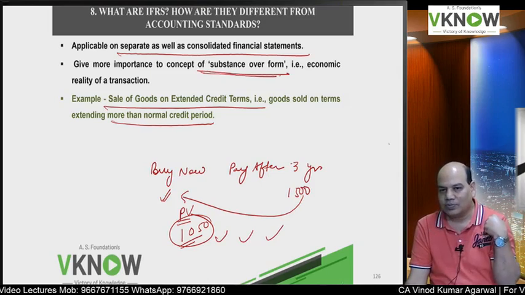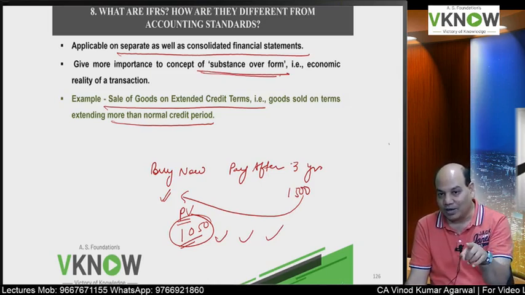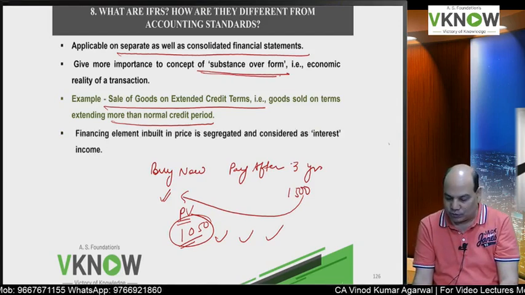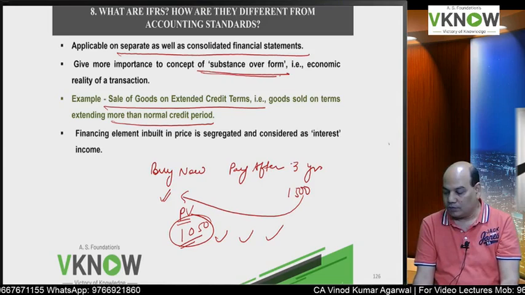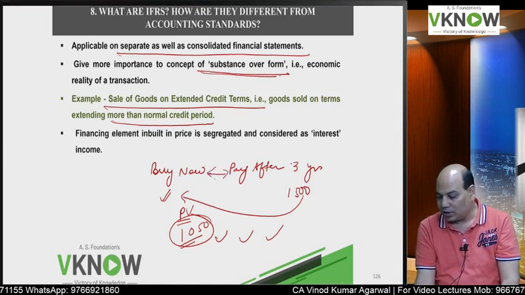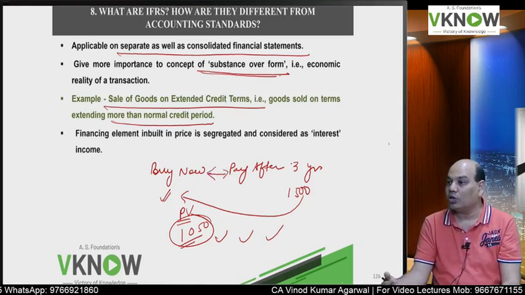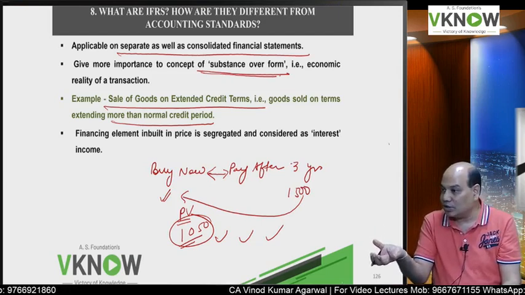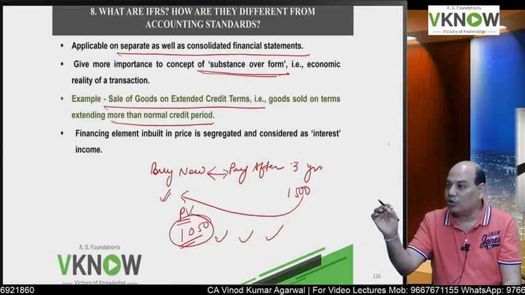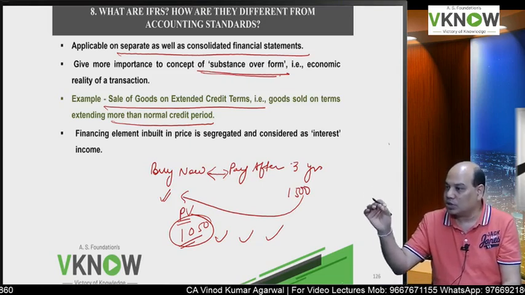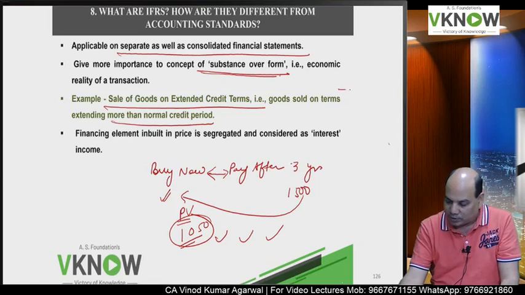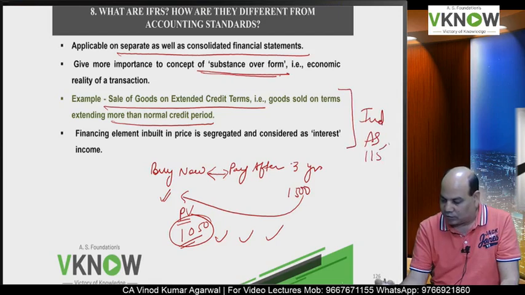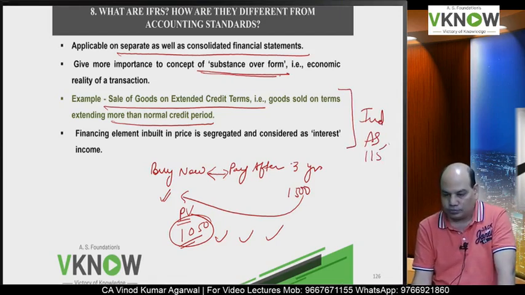If you are a seller, it is finance income, but if I am the buyer, I am actually paying interest. Oh my God, that is substance over form. So if you find that there is a delay in making or receiving payment beyond 12 months, and if the financing component is substantial, then we will have to account for finance income or finance cost as a separate item. I will explain the same example in detail under Ind AS 115 revenue.